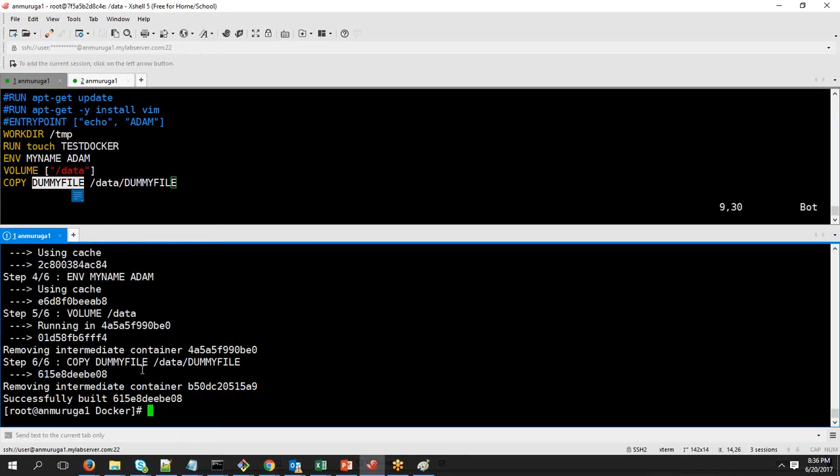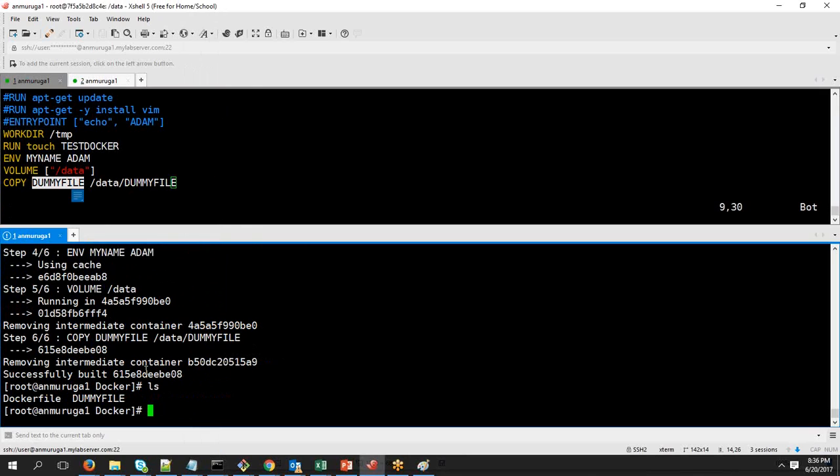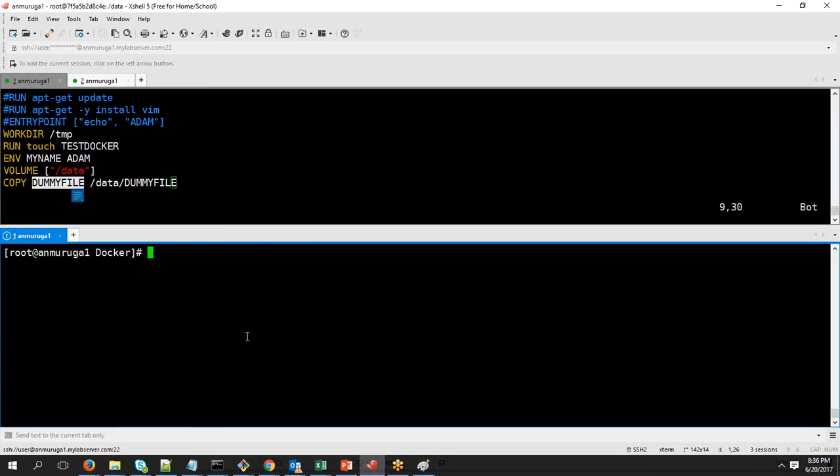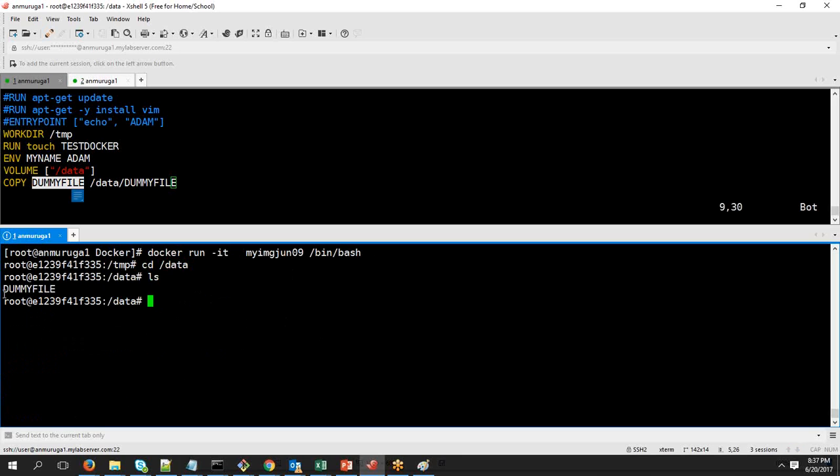Okay, so you can see it is copying everything. Okay, it has just copied. Now from this, if I create a new container, so I'm using the newly created image and I'm trying to create a new container out of it. So now if you go to the data folder, it will be available because we have created it, and in that you can see you have the